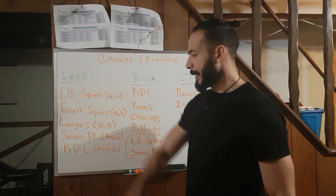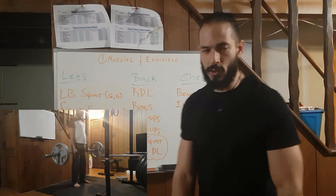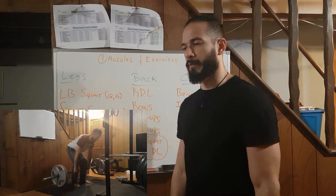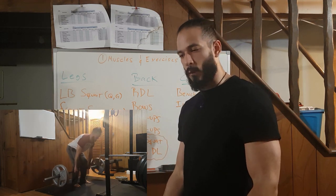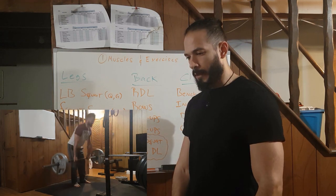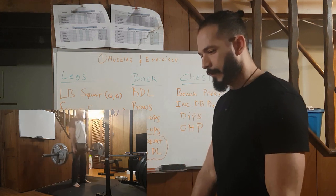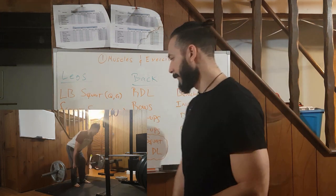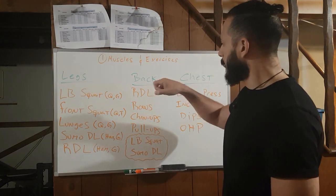And then RDLs, Romanian deadlifts, which I do conventional because I have no issues picking it up from the floor, and it's just constant movement. And because I don't use that much weight, it allows me to bring that freedom to the movement of my posterior chain, and of course my hamstrings take a really good hit there. So that's what I'm doing for legs, the exercises. Then for back,